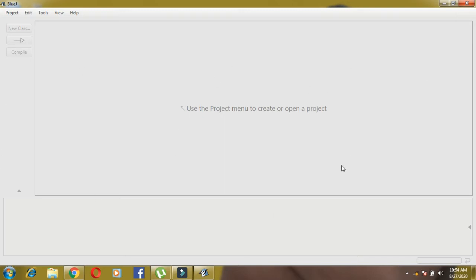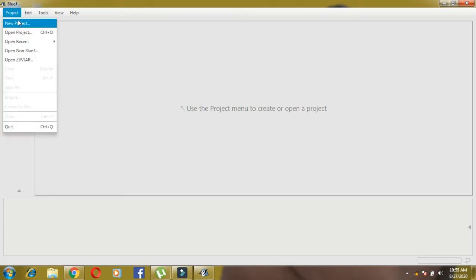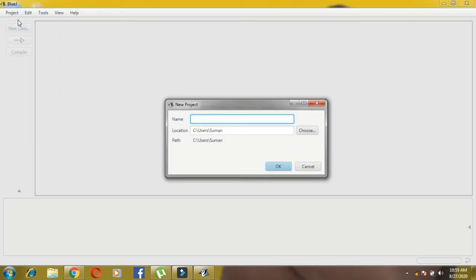So right now see everything is disabled. Initially you get everything disabled. You have to click on Project, click on New Project, and keep the name of the project. So children, I'm giving class 8, okay. You are not allowed to give space and all. So without space you can give class 8. This is the project name. So children, project name I've given as class 8.